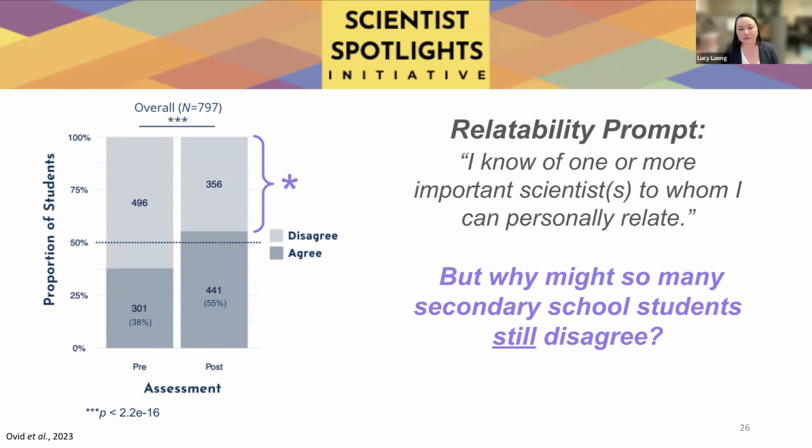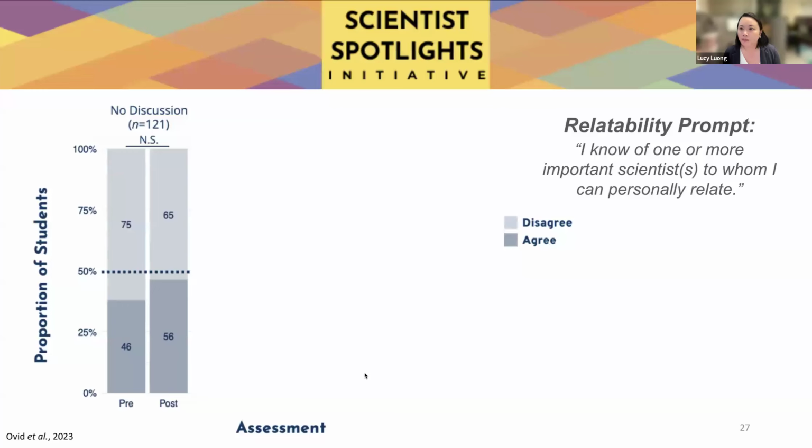So we actually looked at multiple things, including demographics, and there was no change on whether demographics affected if students agree or disagree. That affected the pre to post shift in students agreeing. What actually happened was some teachers reported having discussions in classes, and that actually affected how students were shifting their